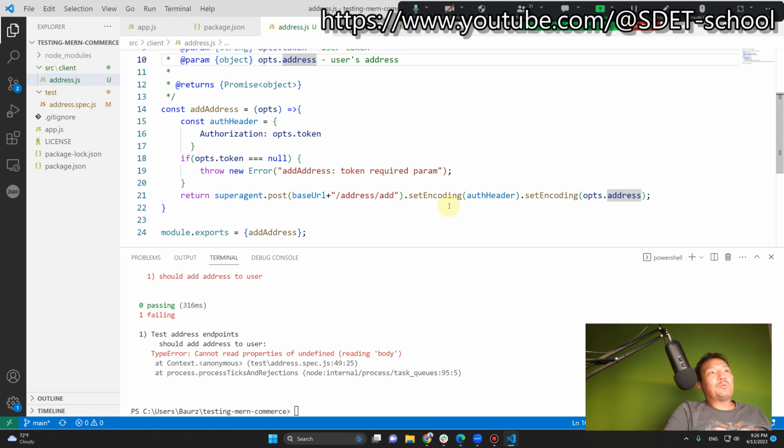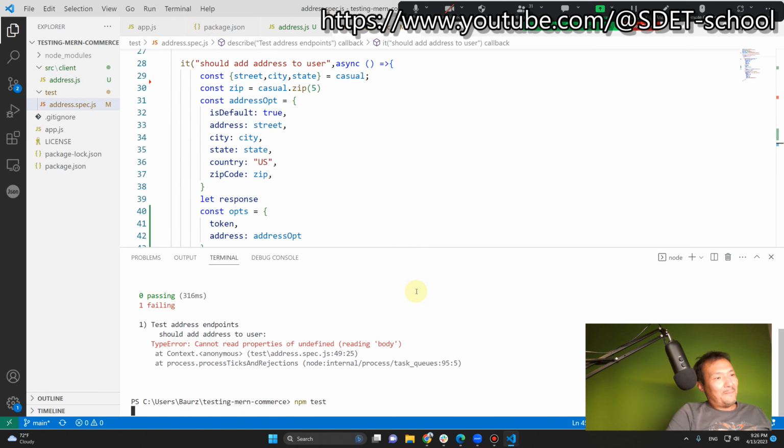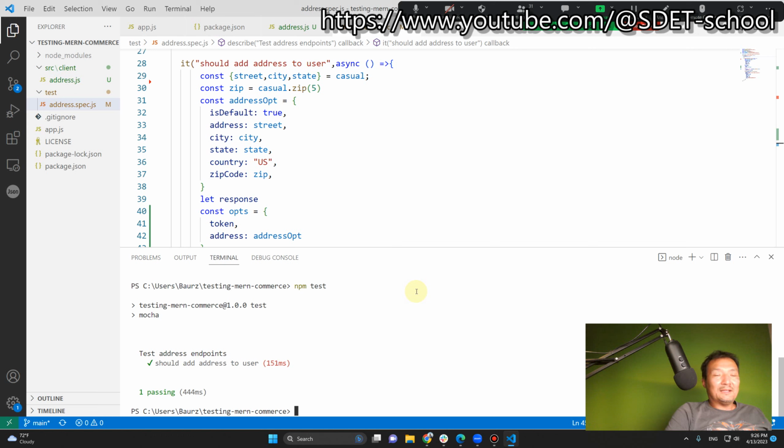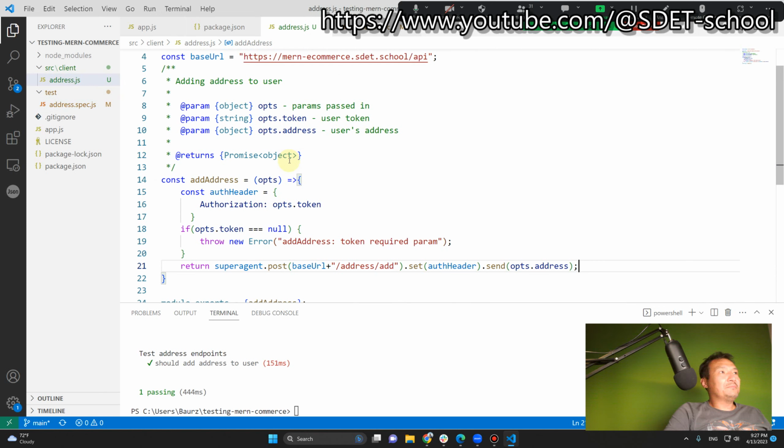So, okay, the problem here is set encoding. Not set encoding, just set. And here it is not set encoding at send. Okay, this is correct. My bad. I will return and we'll run one more time. Okay, test is passed. So guys, what I did, I created a new client, and this client will contain only